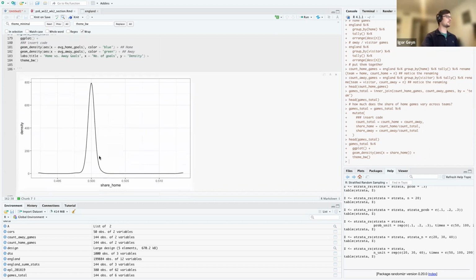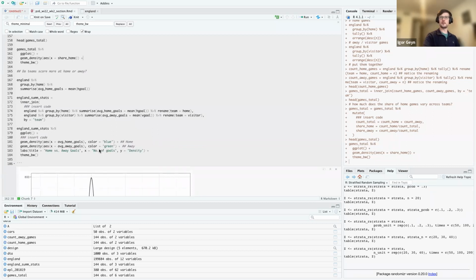So without getting too caught up in the weeds, the main takeaway is that right at 0.5, right at the value of share home that suggests that teams play half their games at home and half their games away, right here is where like the lion's share, the huge portion of my overall distribution, sits right at this 50-50 mark. And so that pretty much confirms for me, even across, and this of course is the distribution across all teams, across all history. It gives me a pretty compelling answer of yes, basically, teams play the same number of home games as away games. Okay,